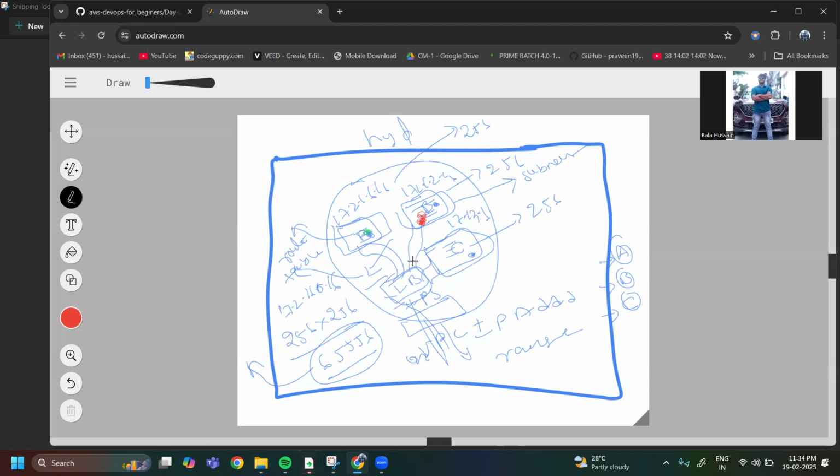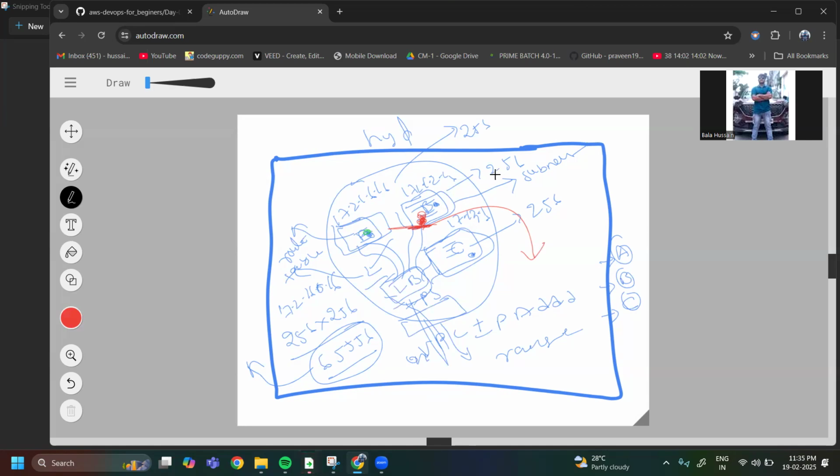Using this route table, it will route the path to the B application. After reaching the B project, there will be some security here, with inbound rules and outbound rules.